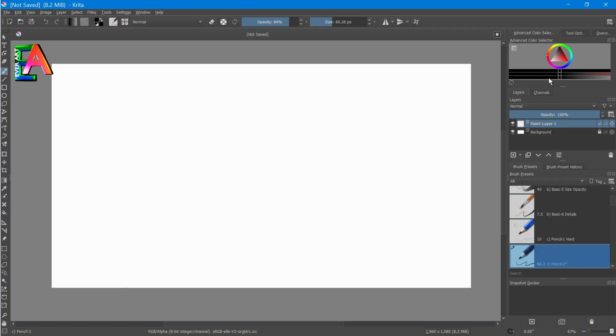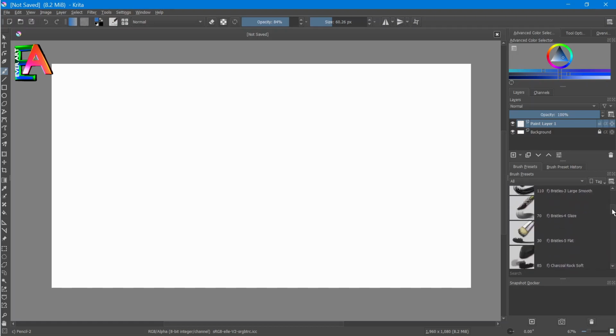This is the color selector. That means you can select any color from this. So if you want to take any bluish color, then just take your mouse cursor here and click in here, and then you can get a large number of colors from here. So these are the options you can take, and here are the brushes.